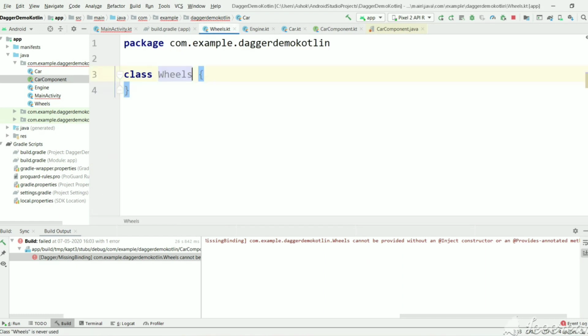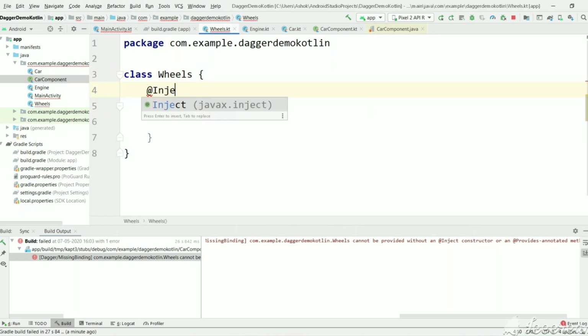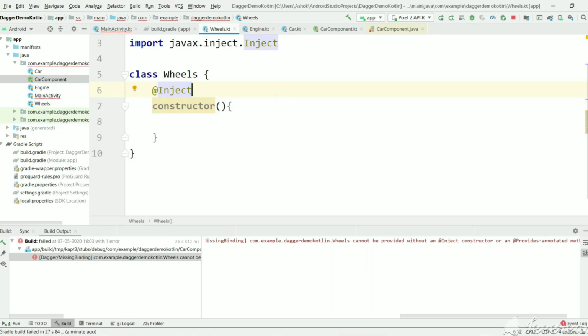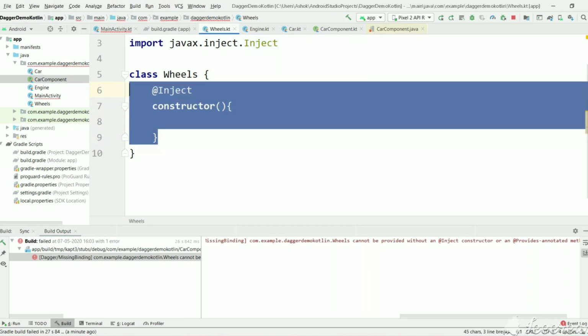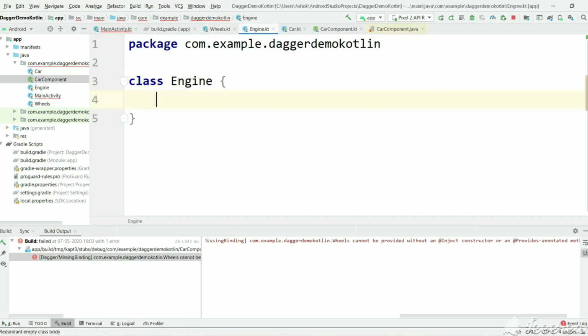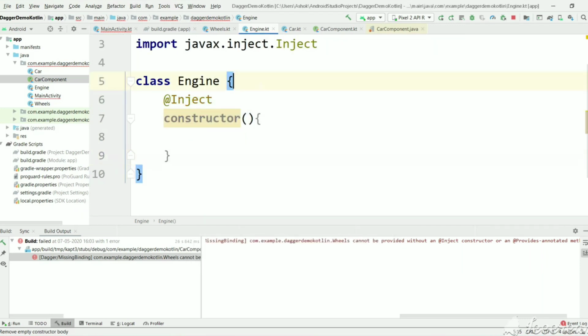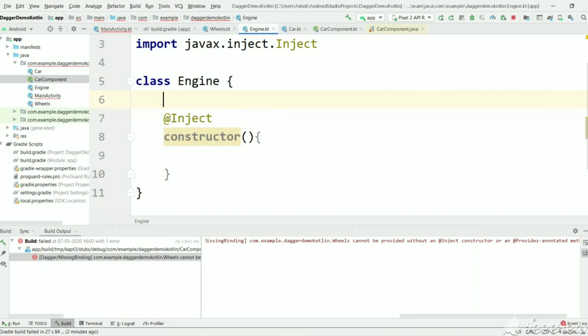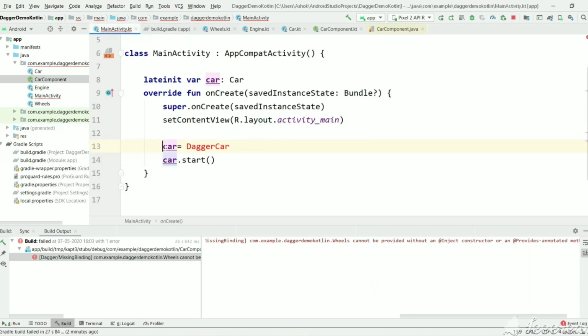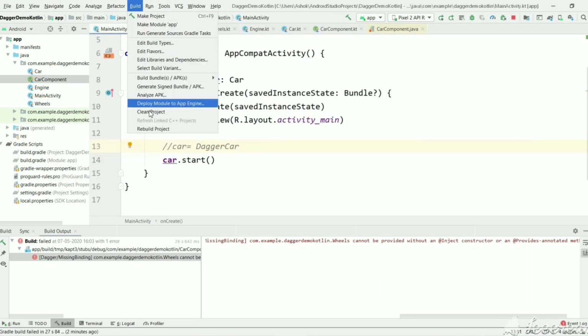Let's go to Wheels and create an empty constructor. Let's mark it as @Inject. Otherwise, Dagger doesn't know how to create it. Just copy, go to Engine and create an empty constructor. And now let's build it again.